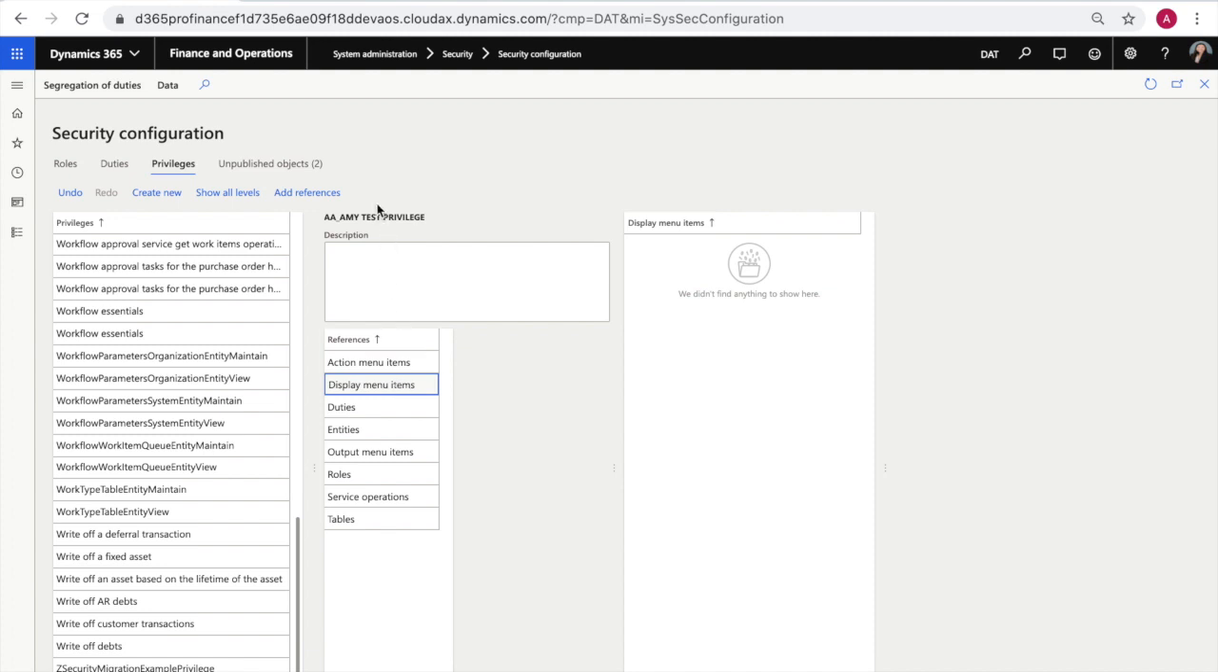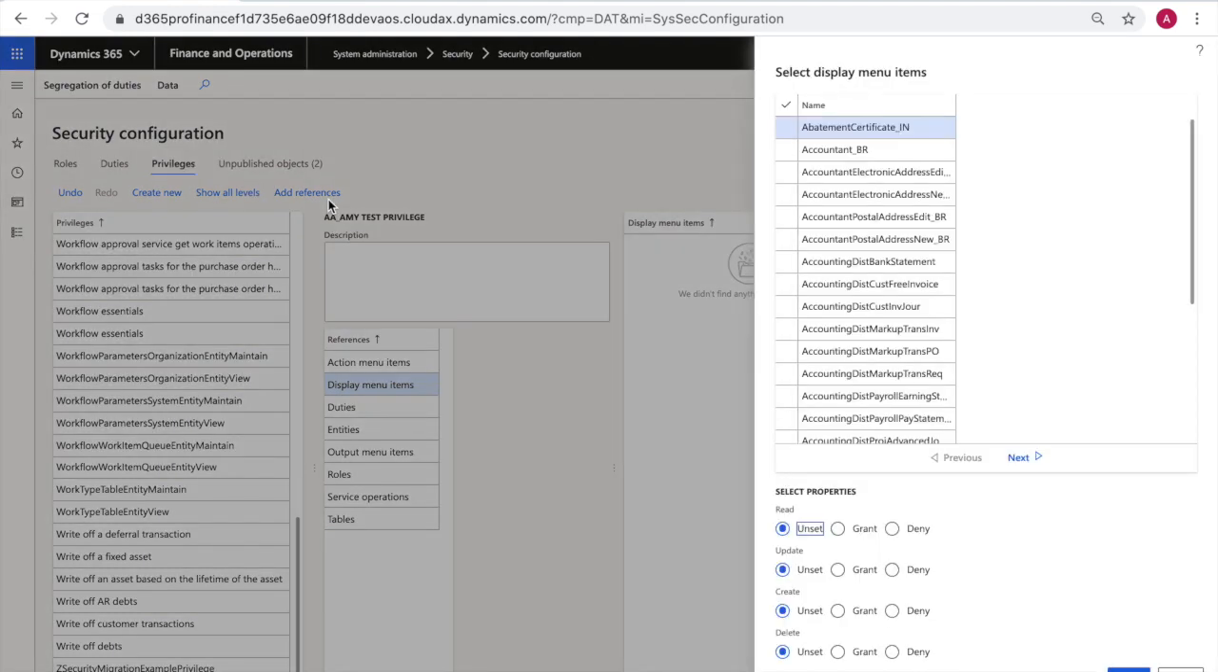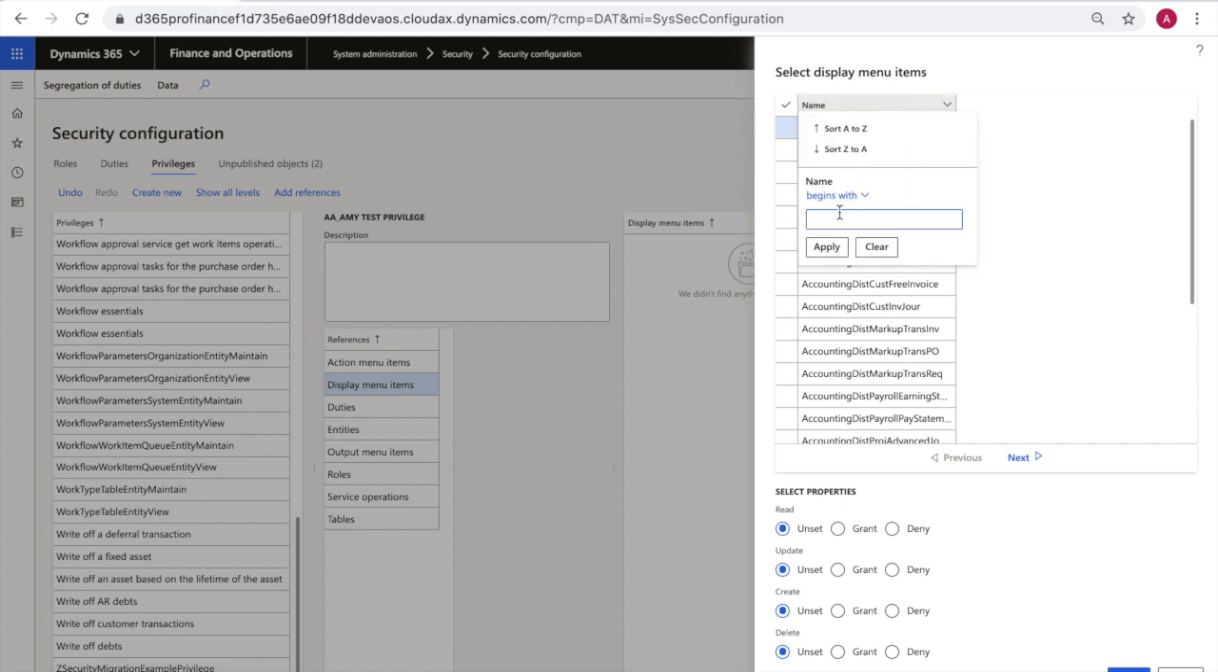Up here, you'll see the buttons change a little bit. I would click Add Reference to add a display menu item to the test privilege I just created. So you'll see on the right, a pane of the display menu items appears. If you have a specific display menu item in mind, you can click on the name header and you can actually filter. For this example, I'll put in contains